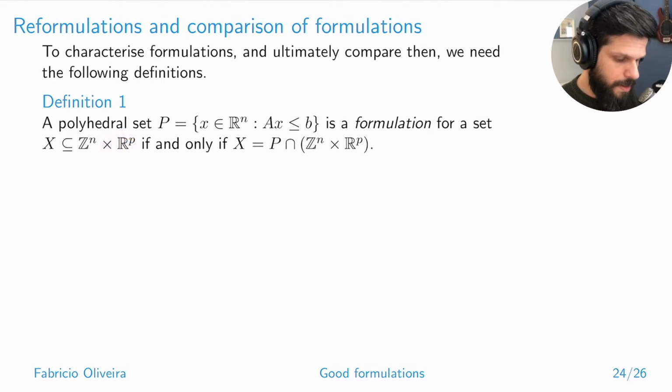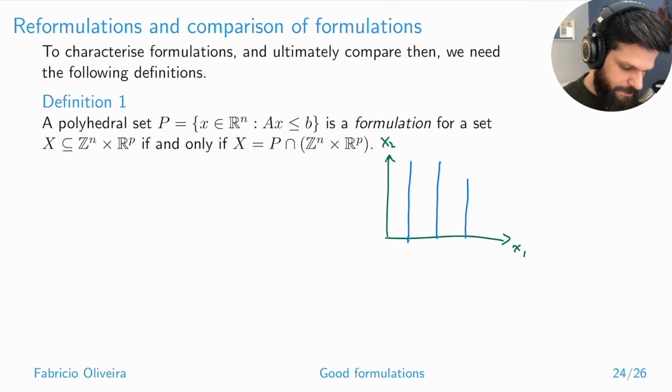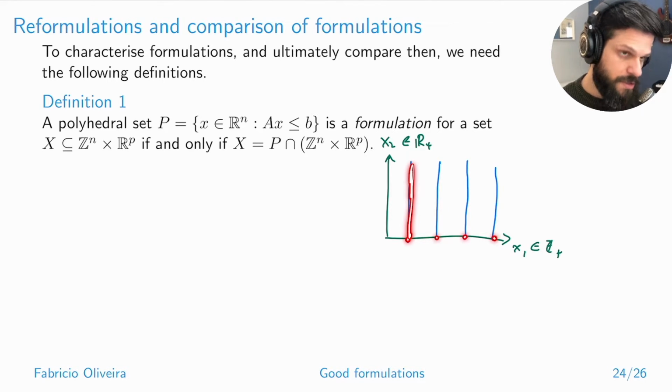other picture. A mixed integer set sometimes is hard to see, but suppose x1 is integer and x2 is continuous. So basically your set, instead of a collection of dots, what you will have is a collection of lines like this, because x2 can take any value, being real. So this is trying to illustrate x2 being real and x1 being integer. Right. So your feasible set is this collection of bars. x2 can take any value, but x1 can only be discrete. Right. So a formulation,